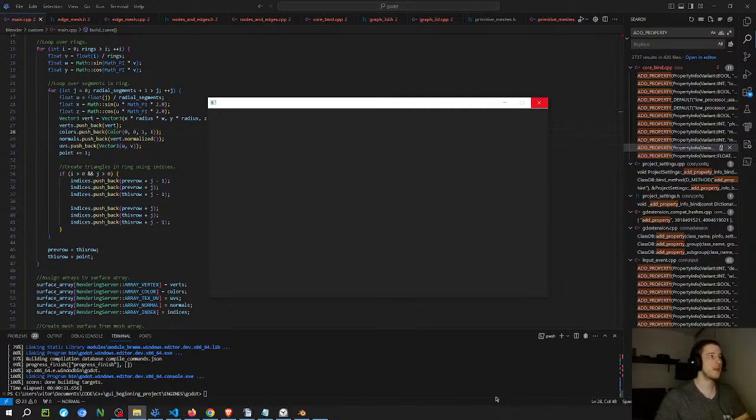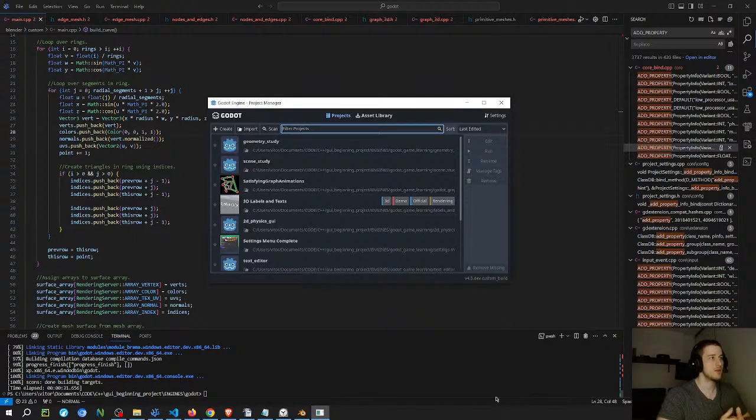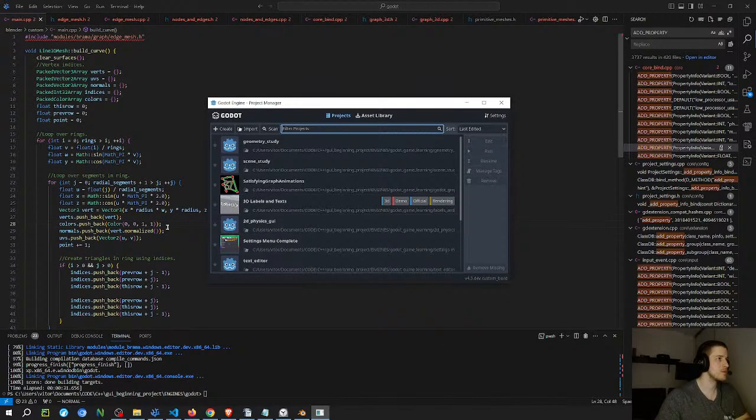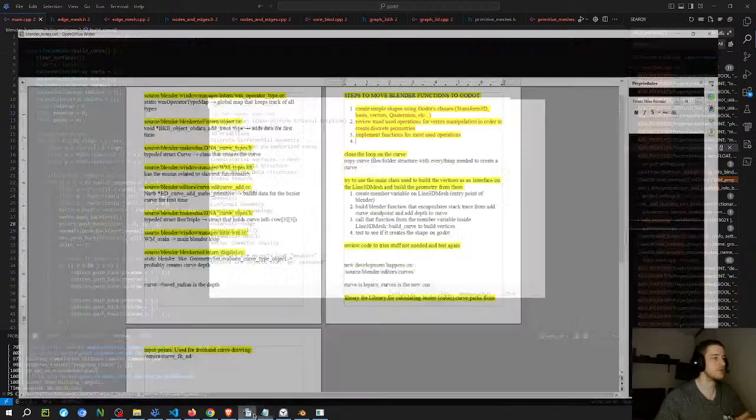But either way, I think it's probably worth it to spend some time looking at the code for the curve 3D and the path 3D. Just see how they're calculating the path and the control nodes, control points and stuff like that. And the idea that I had was what I wrote down